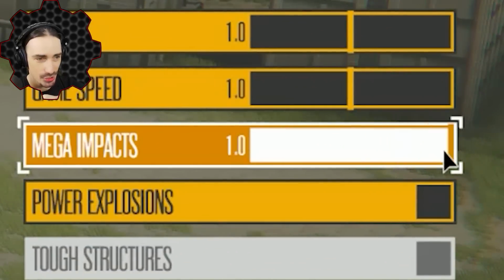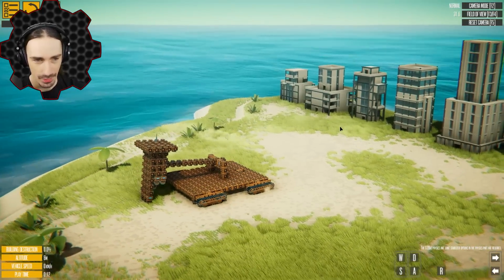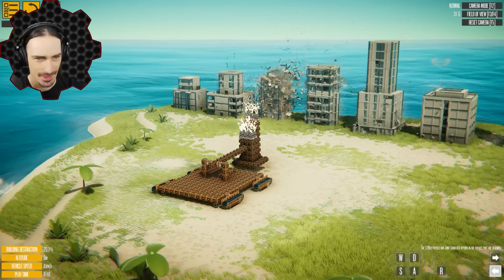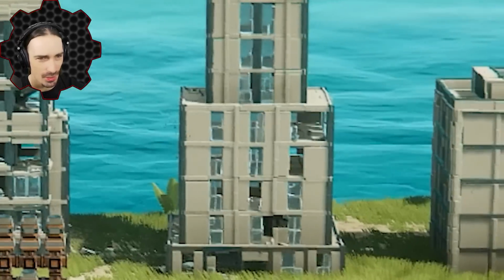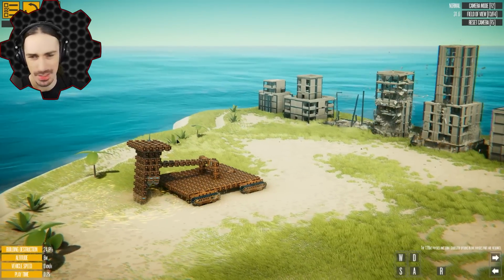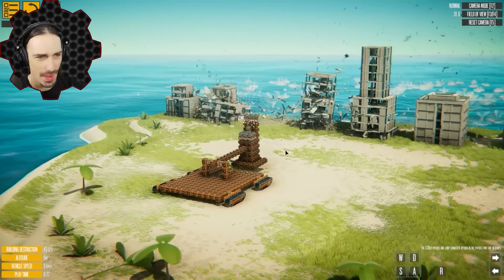Let's see what happens. Let's just bump it up to max. We're just gonna bump it up to 1. Mega impacts 1. Here we go. I'm gonna look at the buildings now. Oh, what? This building got completely demolished, yet all these buildings survived. So now with this look even from back there. Oh man,